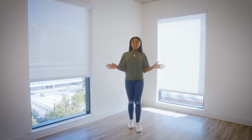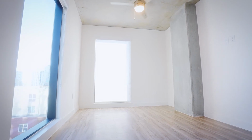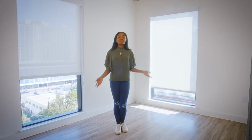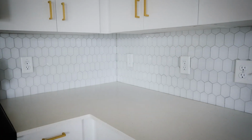I just love the open concept of this apartment. You can go straight from your kitchen to your living room and not miss a minute. You'll have a couch and chair with enough seating to fit you and all your roommates, and a mounted 65-inch TV. Something else I really love about this unit is that there's plugs everywhere, so you can charge at any